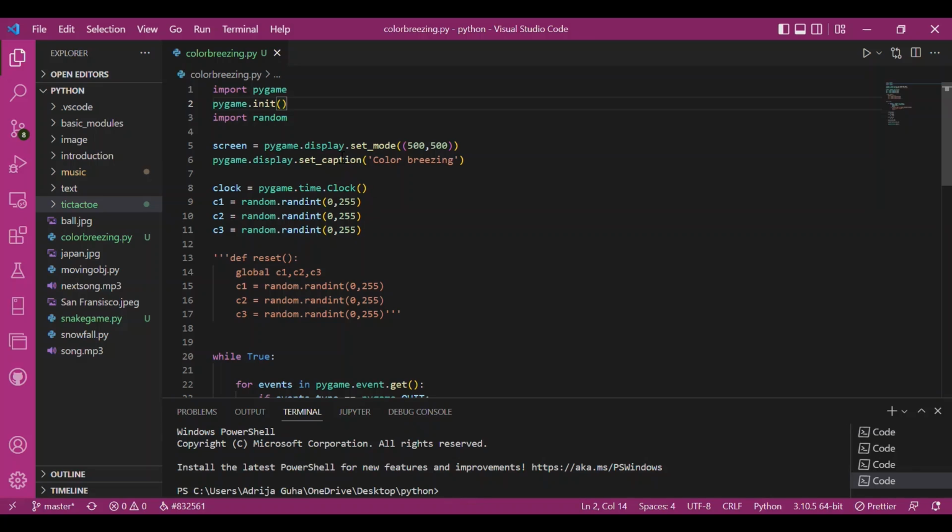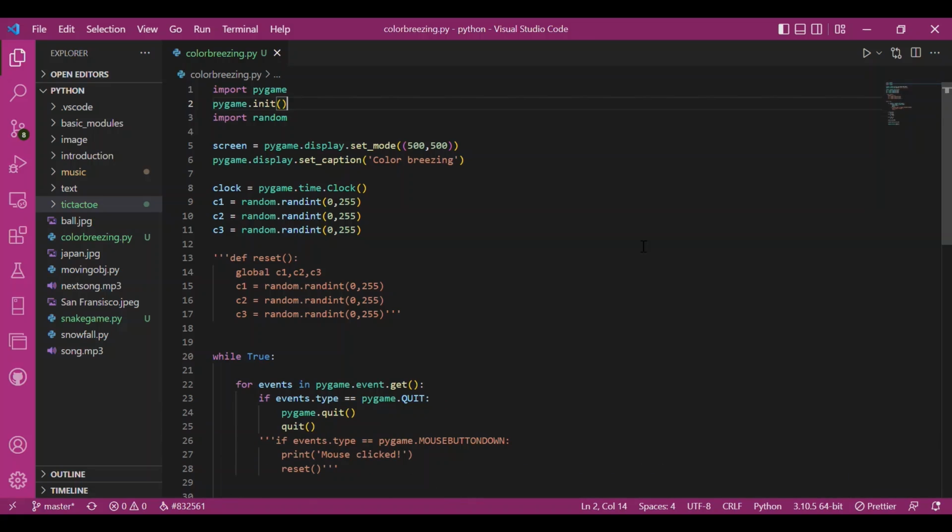In this video, we would be making a color breeze. We would see a shade of color gradually changing to the other, and that color too would be randomly picked. It is going to be a simple program because after 2 video games, I wanted to give a pause so that things don't get too much to handle. Okay. So a color breeze basically means rendering different colors on screen. So we initialize Pygame, get the screen, declare the clock object. We've got C1, C2 and C3, which we would be